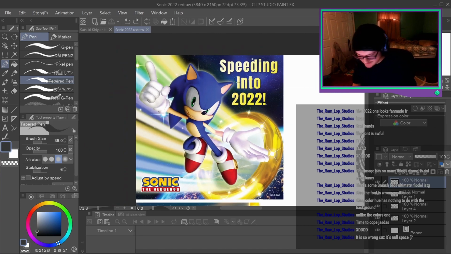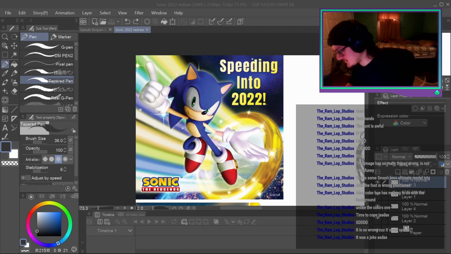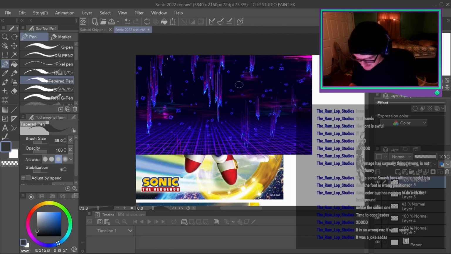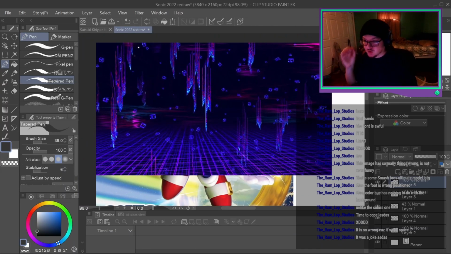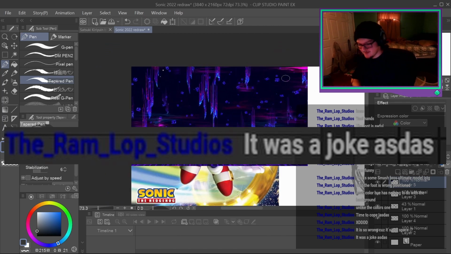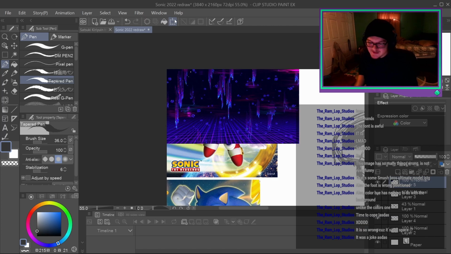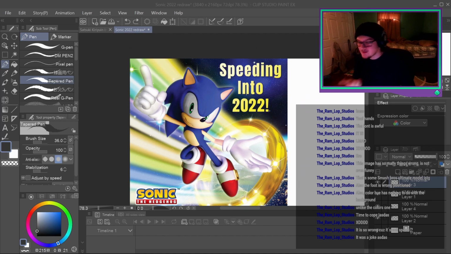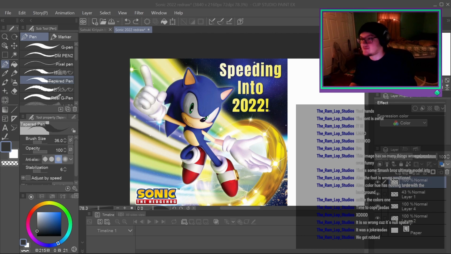Because this just looks like normal space. Unless they just redesigned null space entirely. Because null space in Sonic Forces... This is the background of null space, which looks infinitely cooler than whatever they're doing here. Oh, it was a joke. I mean, even then, this still looks infinitely cooler than whatever they're going for. And also, null space is literally always just a straight line, which sucks.